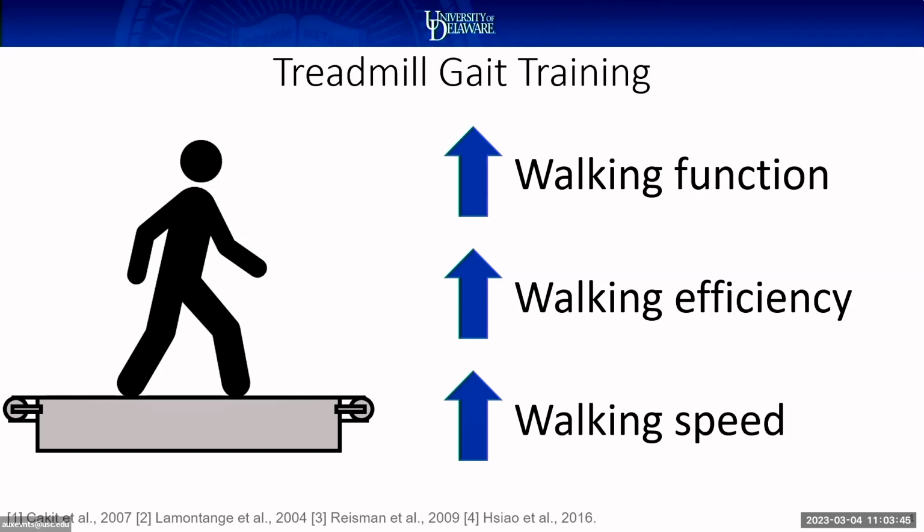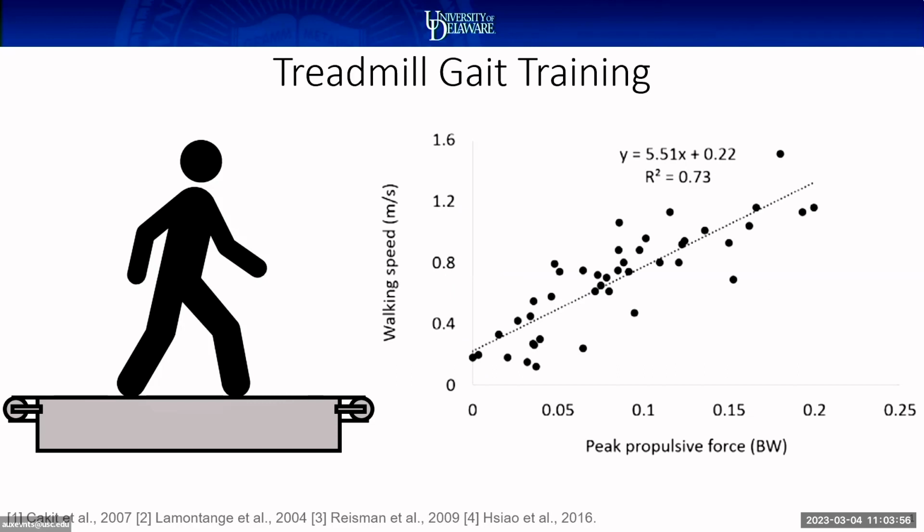Treadmill gait training is a commonly prescribed intervention for individuals post-stroke, as it's been shown to improve walking function, efficiency, and increase walking speed. Treadmill gait training is typically conducted at fast speeds, because as you can see here, there's a clear correlation between propulsion and walking speed, and one of the primary goals is to improve propulsion on the paretic side. However, only about 50% of individuals post-stroke actually respond to regular fixed speed treadmill interventions that are commonly prescribed,